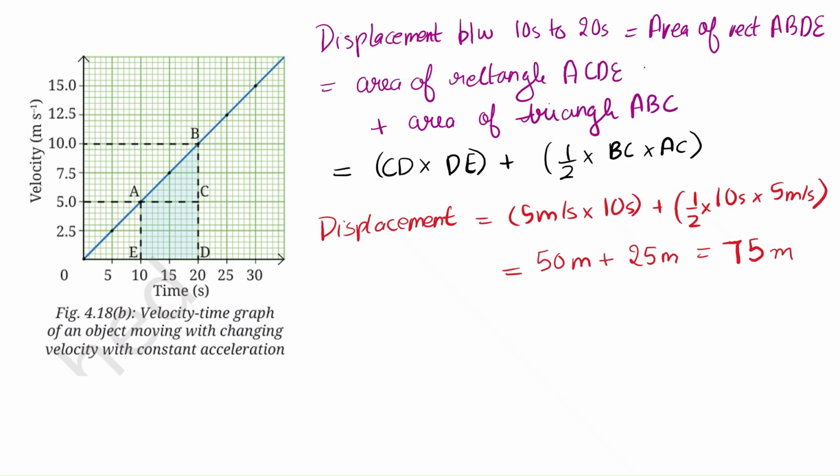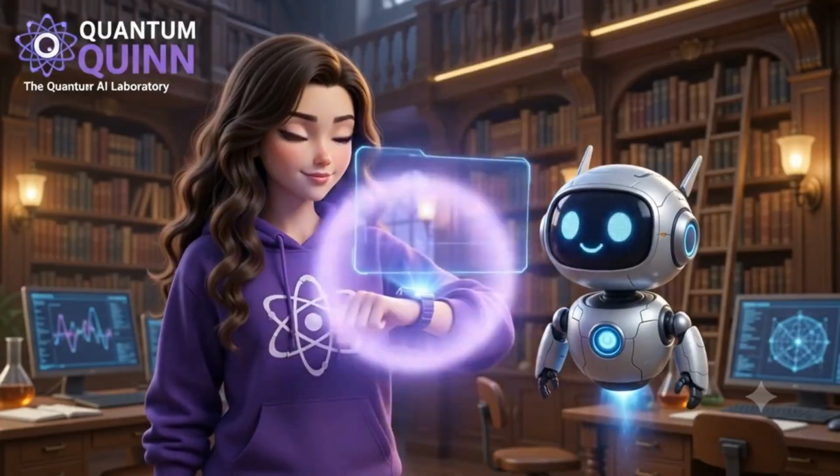We learned that by finding the slope and area from velocity time graph for motion with constant acceleration, we can determine acceleration and displacement respectively. You learned how to represent motion by graphs. In the next video, we will learn about the equations of motion which describe the motion of